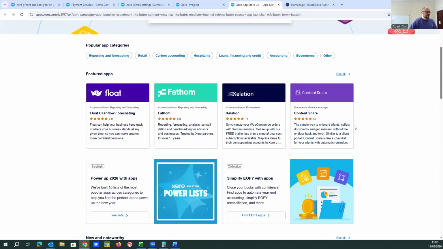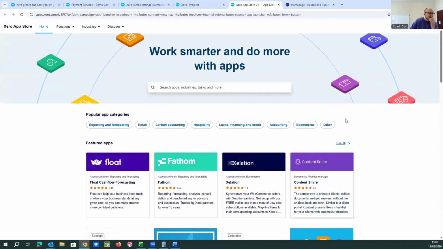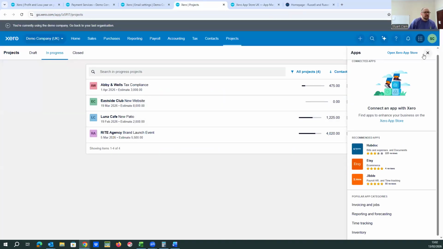I'm trying to think if there's ones. I'll maybe get a call afterwards, John, as well, just if there's anything particular you're looking for, because there's some apps we have looked at for other people that might be able to assist. But within Xero projects itself,